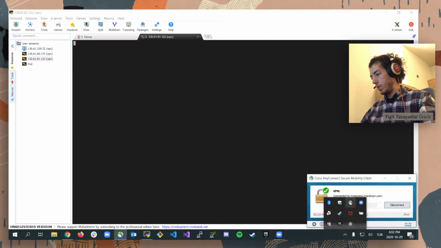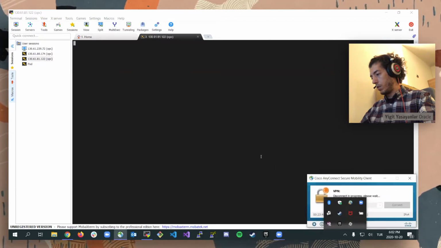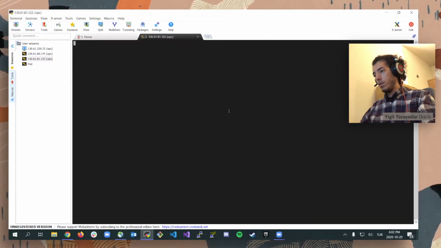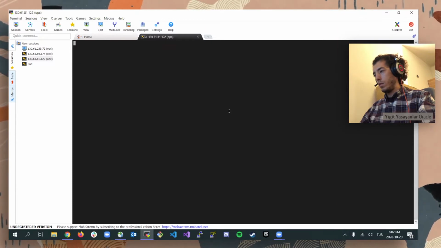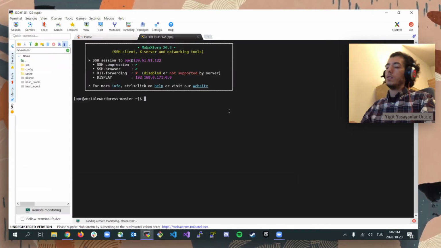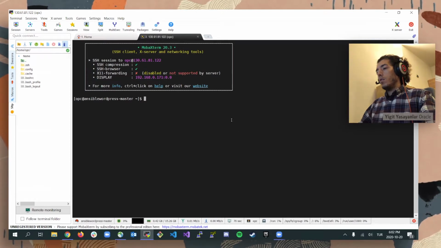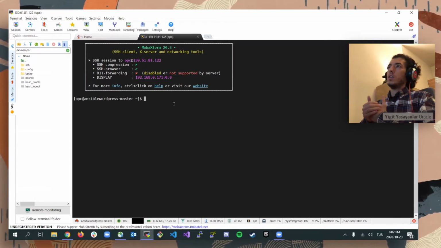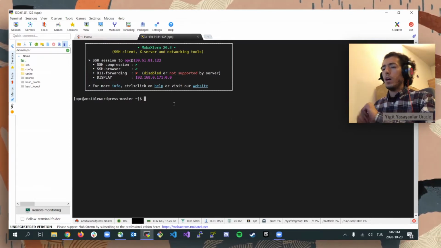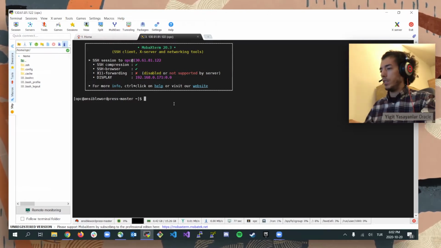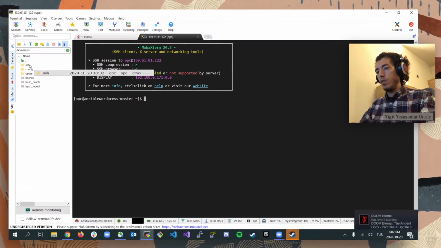Oops, I'm on VPN. I forgot that. So let me disconnect. I should be able to connect right now. Yes. All right. So first things first, I'm going to upload my SSH key on this machine under the home OPC